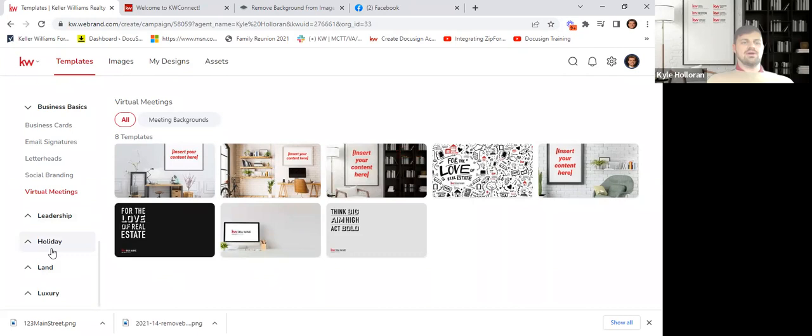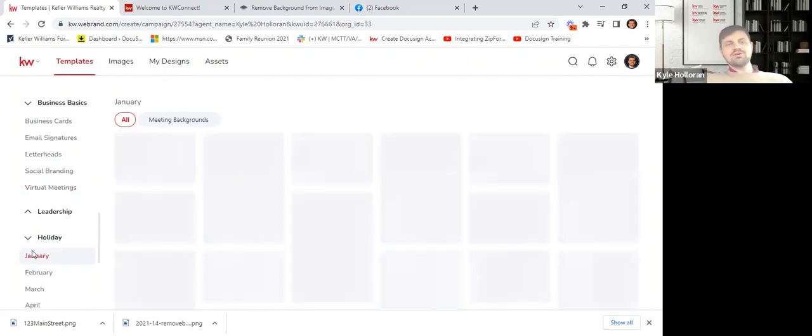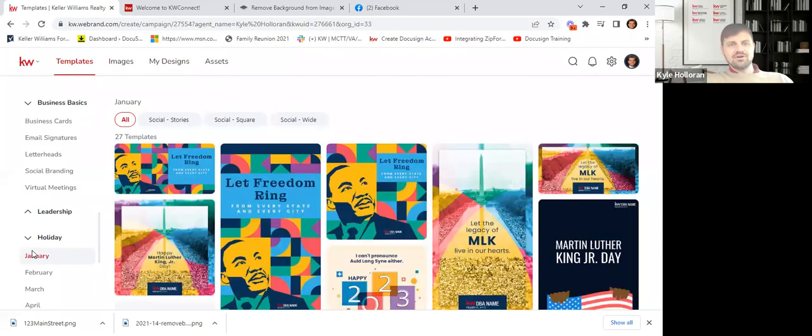And this is the last one I'll point out. You guys can go play around with this. How about holidays, right? How about the easy ones, the low-hanging fruit? Categorized by month now. So I can click on January, and here comes all the different graphics for January, right? All the different events that are going on. So MLK Day, right? 16th, next Monday. They've already built it for you, right? You could go in there and you could add your picture. You could add your logo. You could add your testimonial. What does that day mean to me?